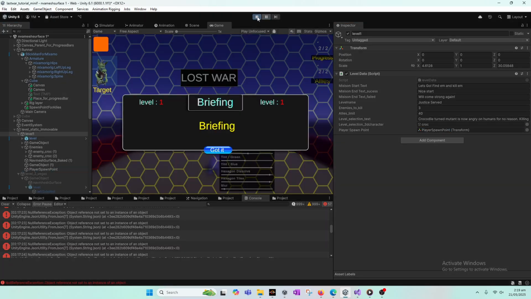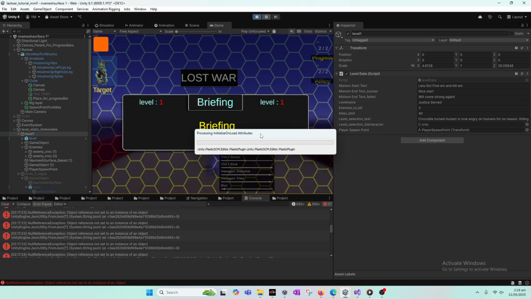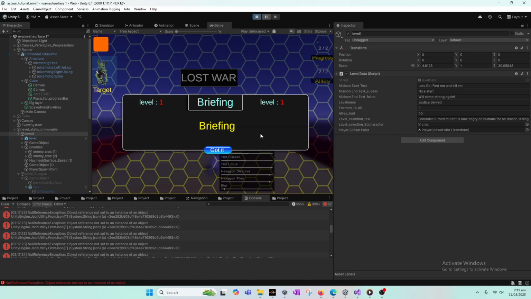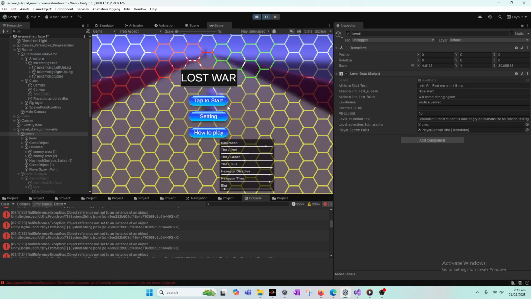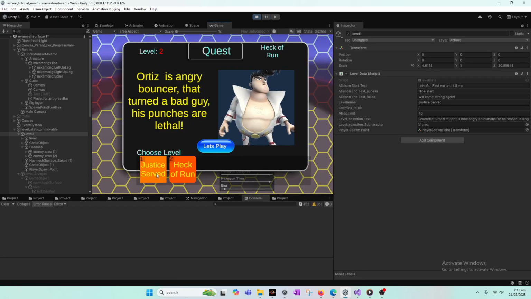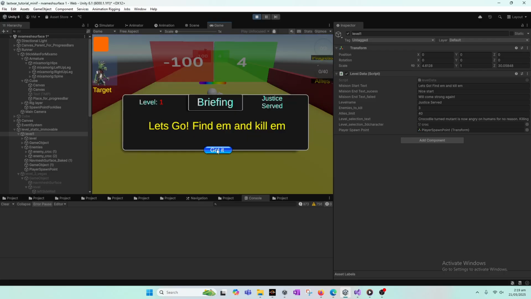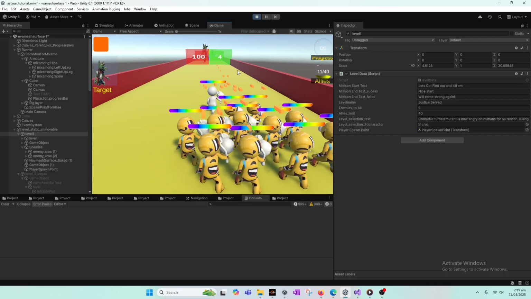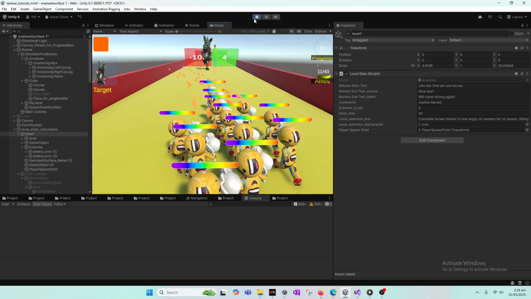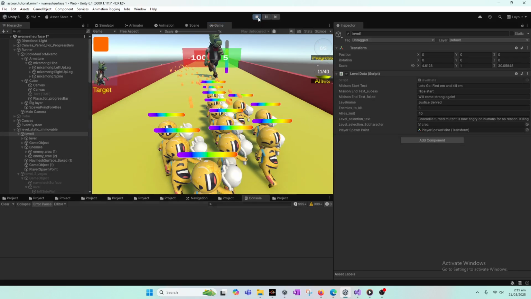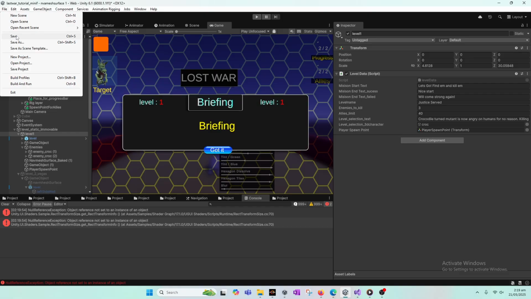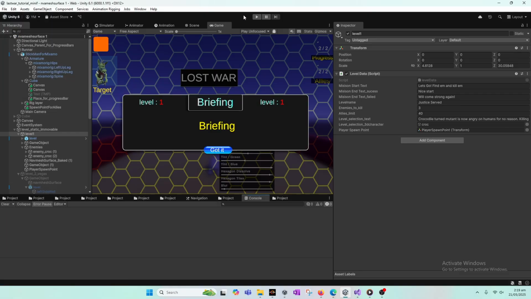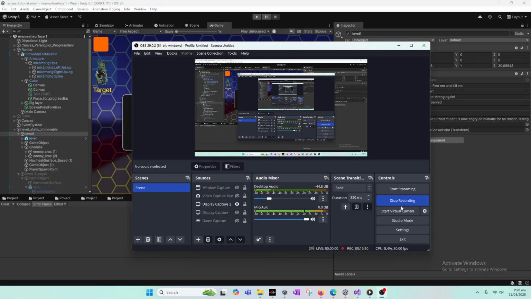And now if we give the player spawn point reference and put it like this, yep, same thing happens. And now we'll save it, and we'll see next tutorial what we can do from